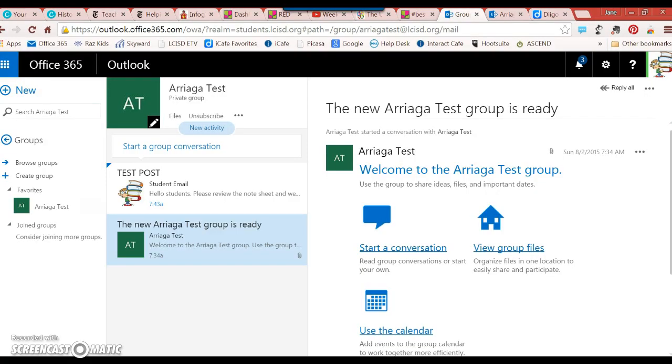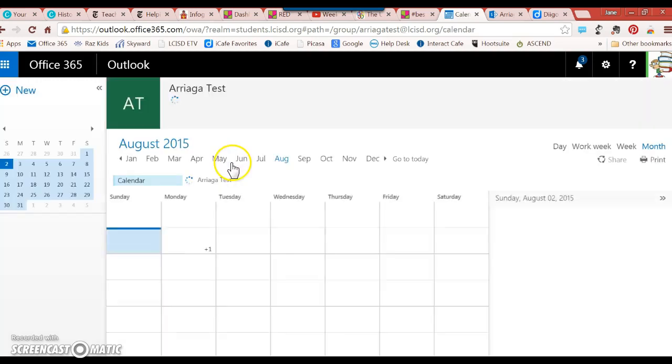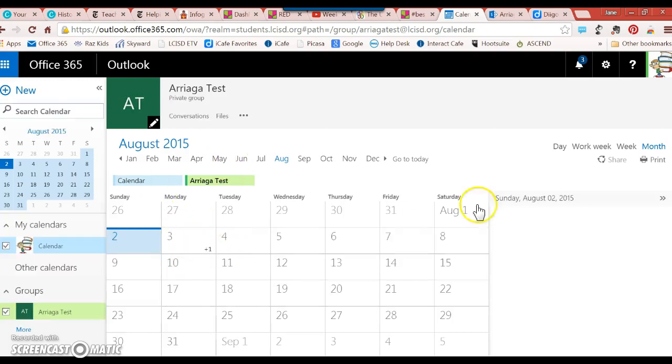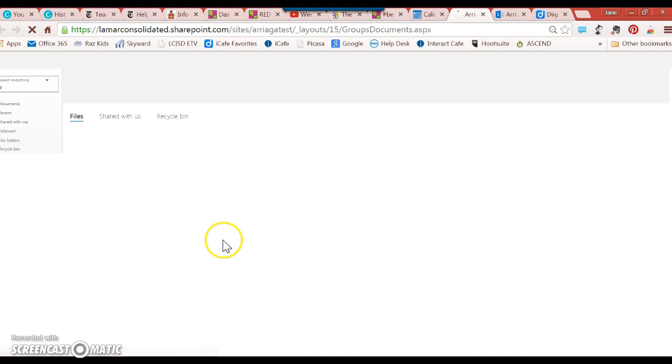For example, I'm going to go to this test student account. You can see it indicated by the little kid in the books. So what they would see when they opened it was if there was anything that was posted to them, they could reply, just like in Edmodo. But they could also go and see on the calendar that they have, say, a Unit 1 test coming up. So you could run a calendar through here,